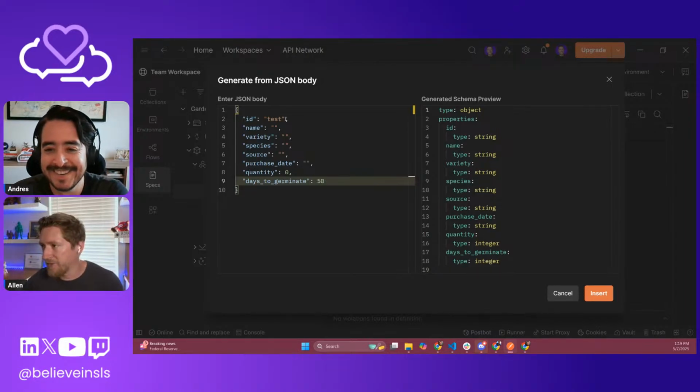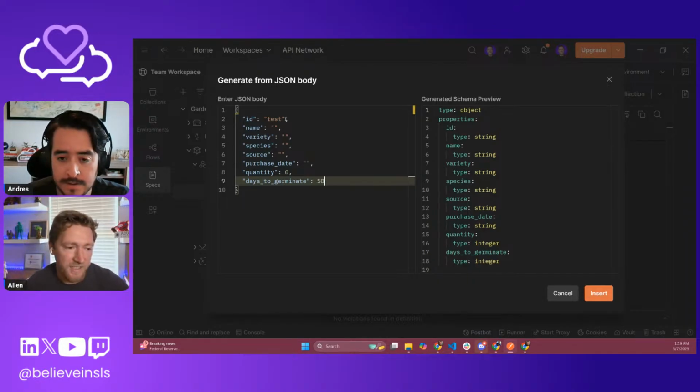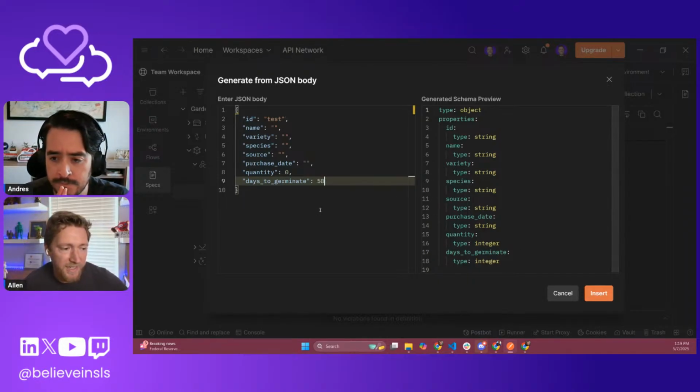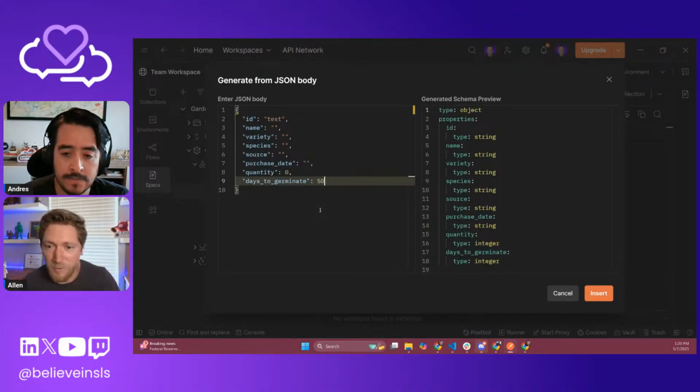But here's what I'm doing. I have the type def over in TypeScript on a different screen. So that's what I'm looking at, and I'm just creating a very basic placeholder JSON object, and it's generating the schema over here for me on the right-hand side. But there's a lot more to this than what we're doing.